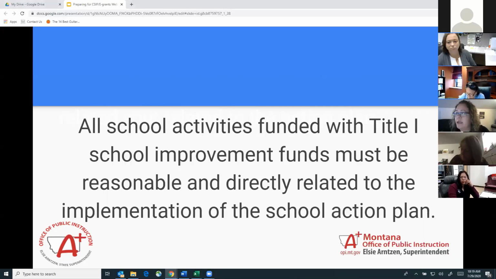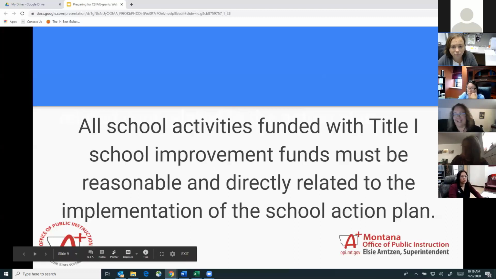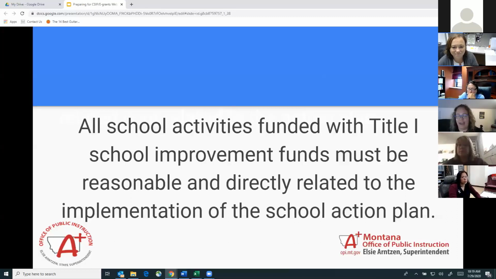Now, Carrie will be the person who approves all the budget dollars that you get for this, with your Title I school improvement dollars. OPI is requiring that there's a thoughtful process on how the schools determine your action plans and your goals. And that's why we're walking through this today, to make sure that you're not just copying and pasting, but really making sure that the goals match the data. And like Diane brought up, when you realize that something else might be different than what you originally thought, then adjust. And that's exactly what we want to hear.